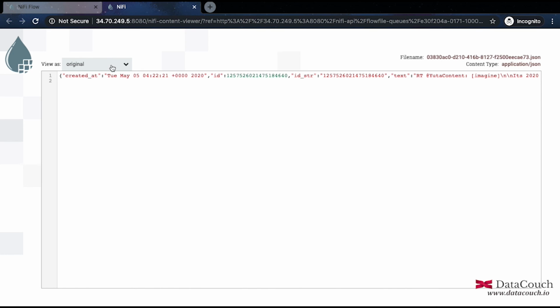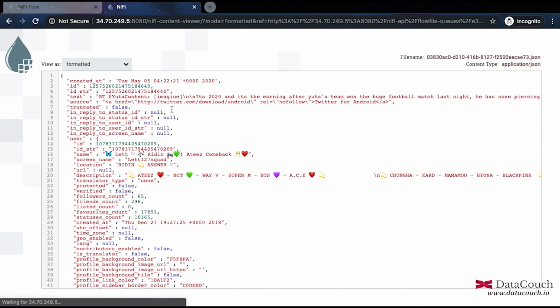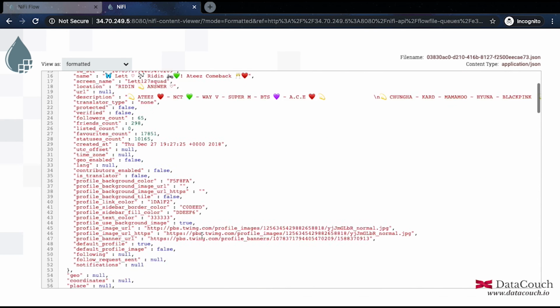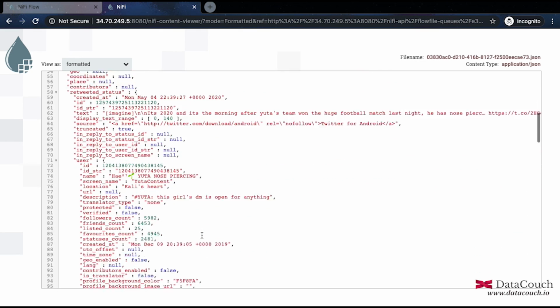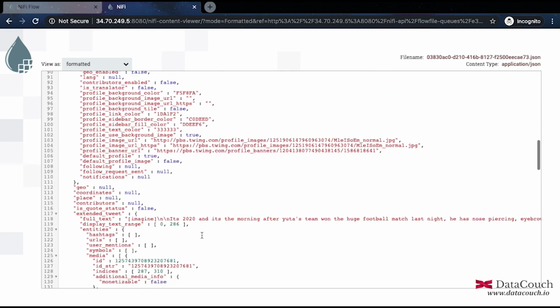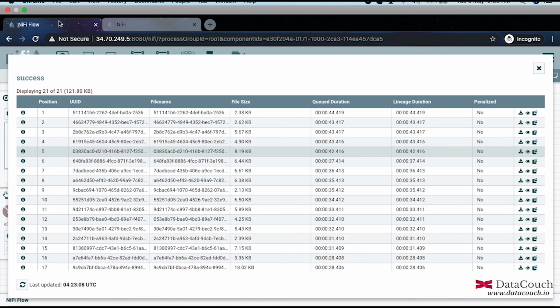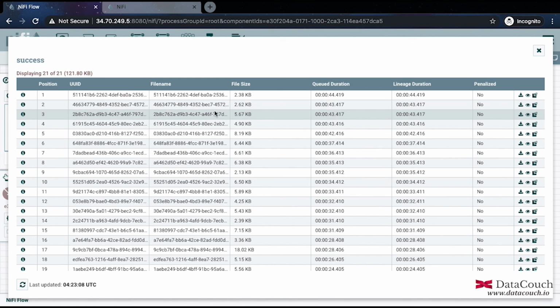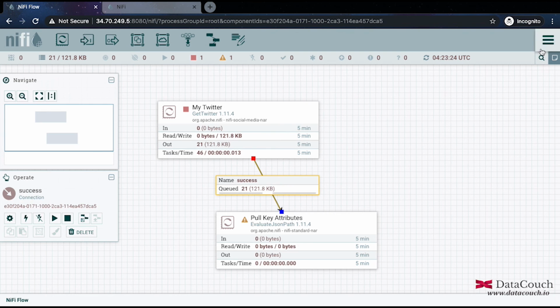I will go to this message and see the content. I'll say formatted, and in this basically we have football. Yeah, so this is what we got from Twitter. So that means Twitter is working fine. We are able to connect to Twitter and retrieve tweets from Twitter. Now we can actually see many other details, but those things we will look into after we are done with the flow. So this is like a second step.